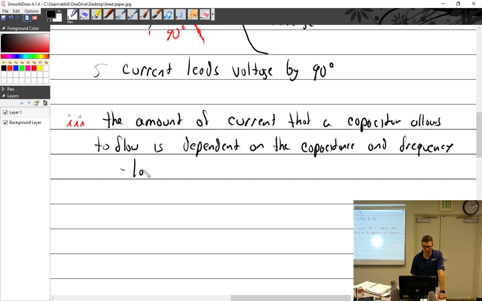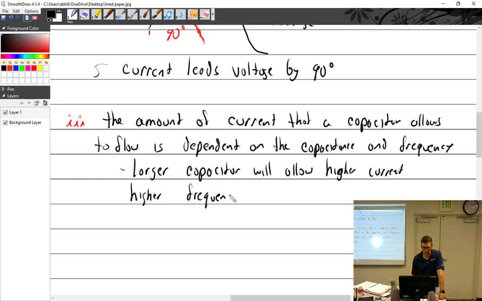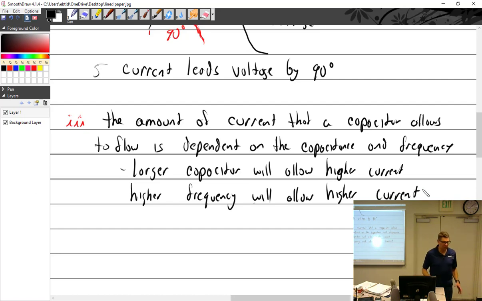So a larger capacitor will allow more electrons to flow, let's say, higher current. And higher frequency will allow higher current. Which should make sense. If the plates are bigger, it's going to allow more current to flow to fill the